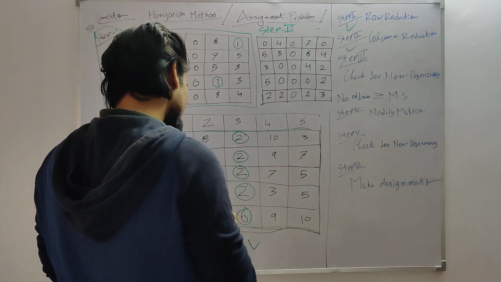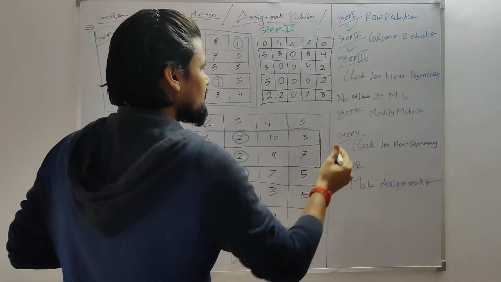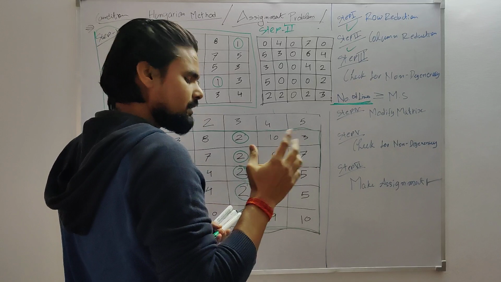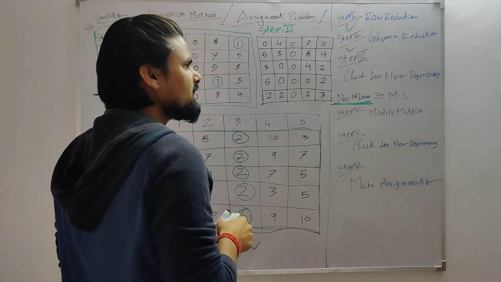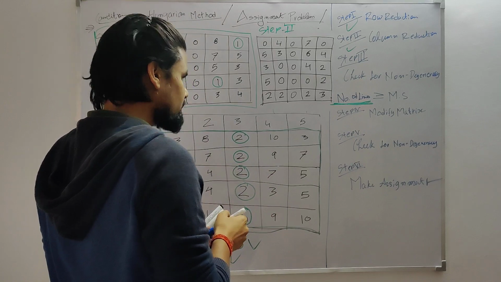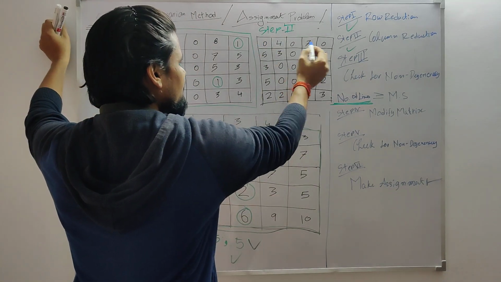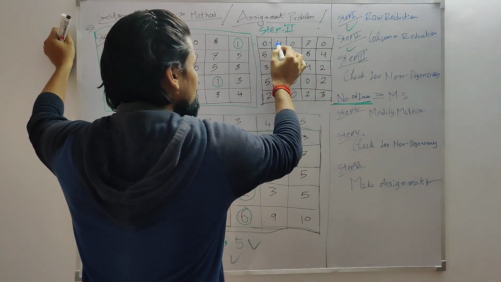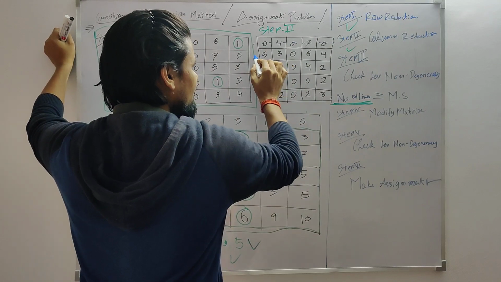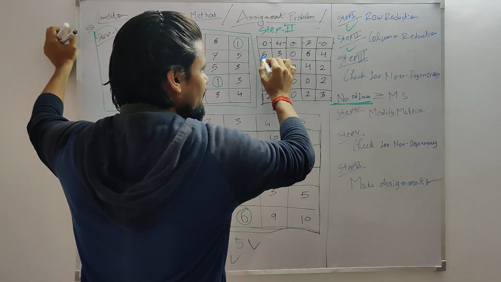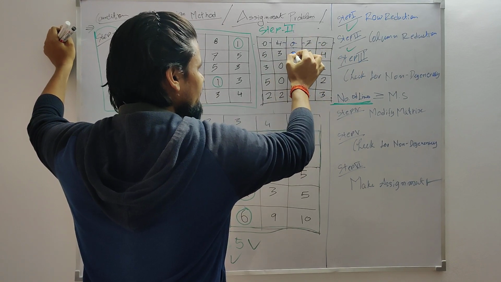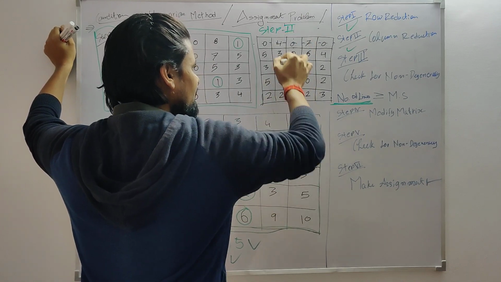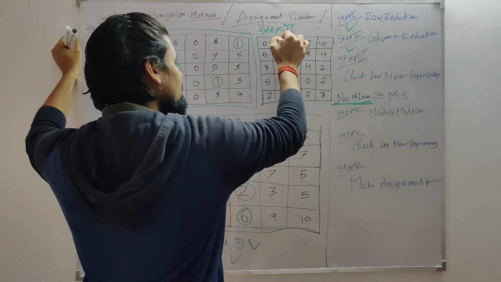Now we are trying to find the number of lines. These are the lines which will connect the maximum zeros. If I draw a line in this way, it is connecting 3 zeros. If I draw a line like this, it won't make any change. And here if I draw a line, it is connecting 4 zeros, and over here if I draw a line, then it will connect the 2 zeros.